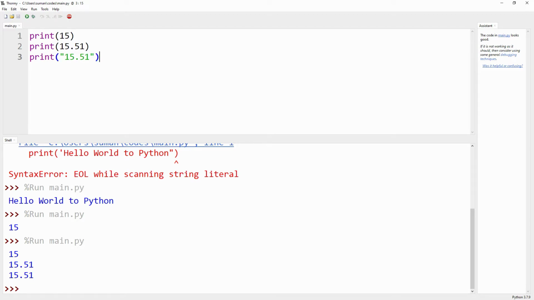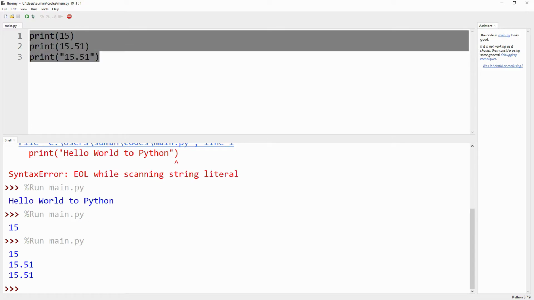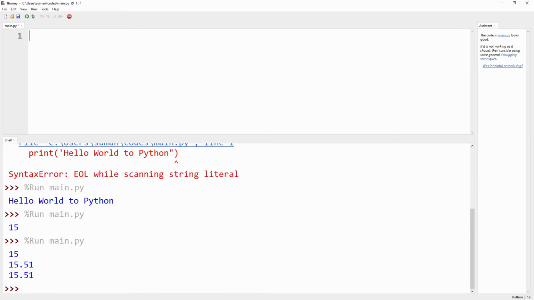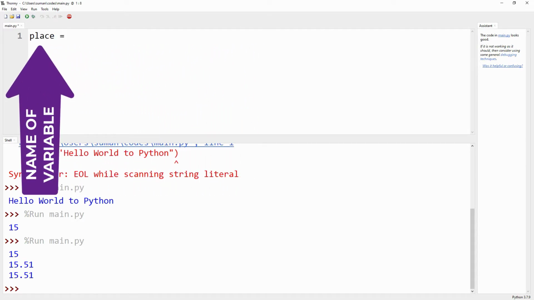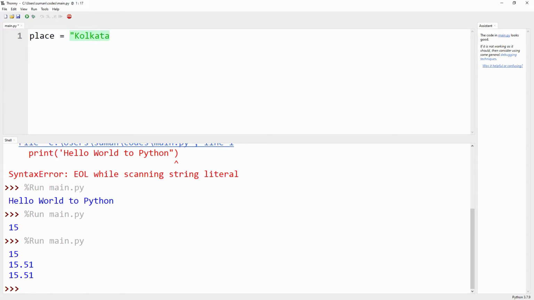Now we are introducing the variable. To use the data in the program, we particularly use the variable. Let's delete these codes, and we have a variable. Suppose the name of the variable is place and we are assigning a string value to that particular variable.